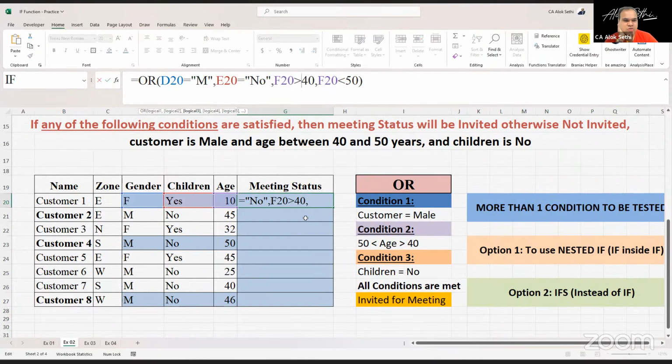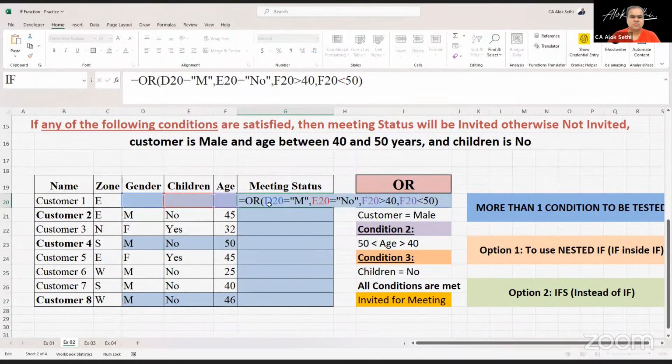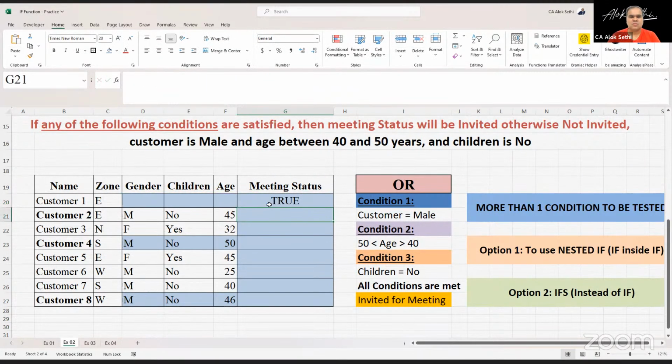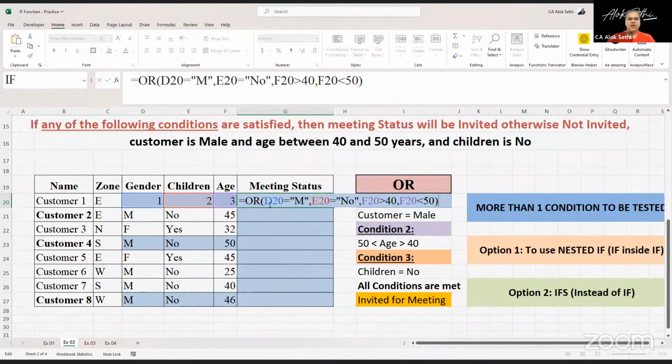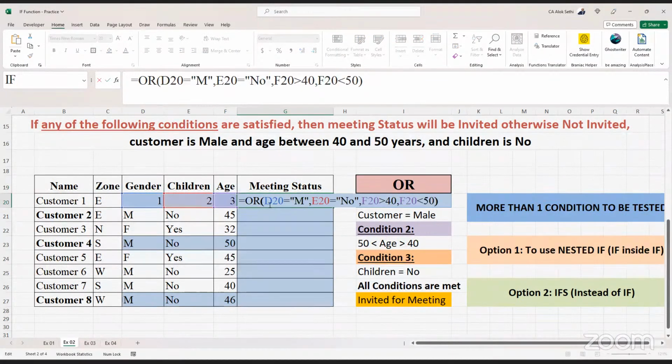Why am I getting a TRUE? I should not get a TRUE. There is some गड़बड़ over here because see, in case हम कुछ भी लिख रहे हैं तो भी आंसर TRUE ही आ रहा है, जबकि ऐसा होना नहीं चाहिए। Let me convert this to blank, ब्लैंक में भी TRUE आ रहा है। हाँ सर, ब्लैंक में भी तो TRUE आ रहा है।